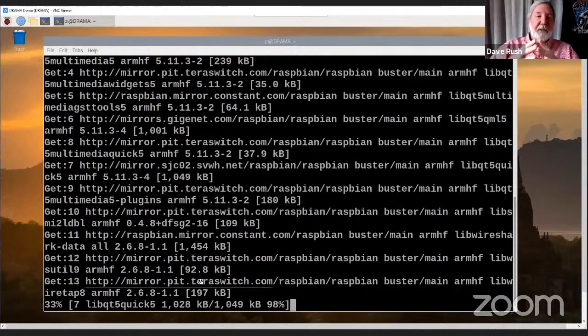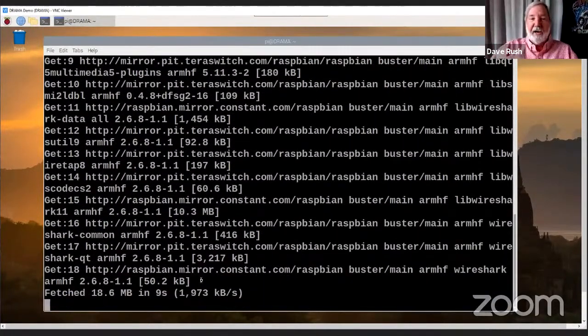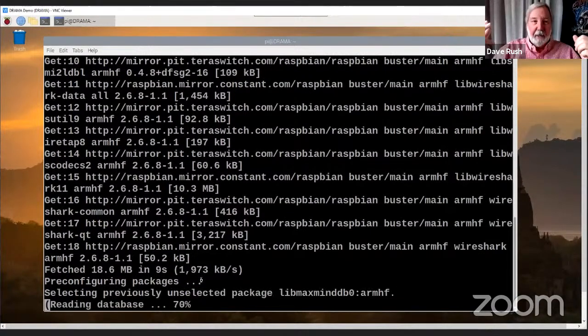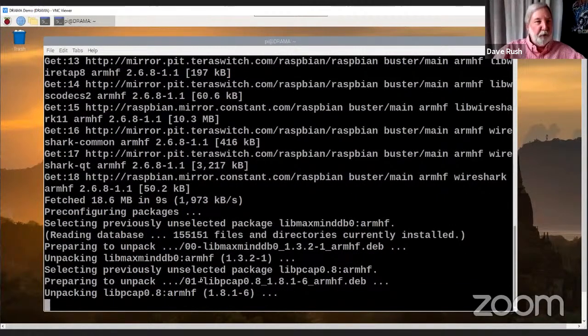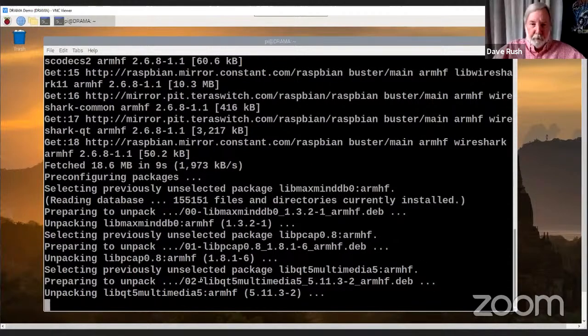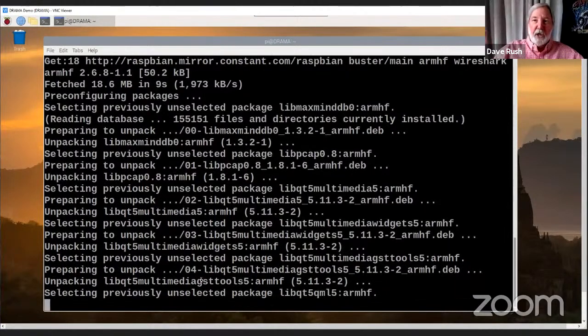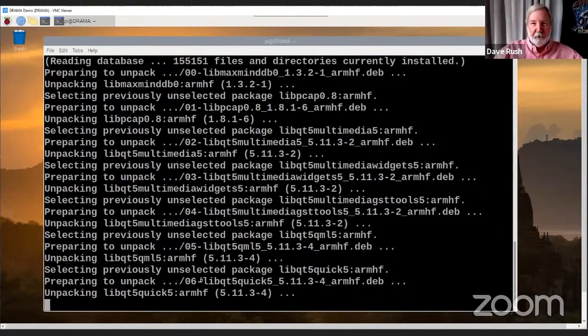And while he's doing that, let me tell you the little secret of the problem. When this is done, I don't need to reboot. I don't need any of that nonsense. It will work fine from the command line. It also installs an icon on the toolbar, but I don't know what Raspbian's official name for that thing is. But when you go and try and run it from there, and we'll demonstrate this, none of the interfaces will be available. It won't be able to capture for anything.